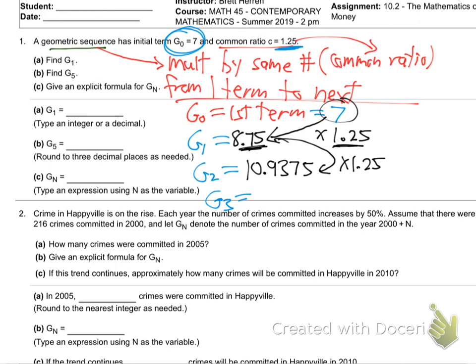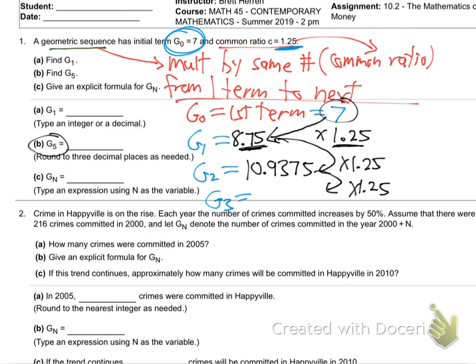And just keep going. Now, how far do we have to go? They want me to go all the way to G5. So just keep going. A couple more steps. So do it again. Use your calculator. Times 1.25. Oh, you get some crazy long number. I'm getting tired of it at this point. Can we save some time